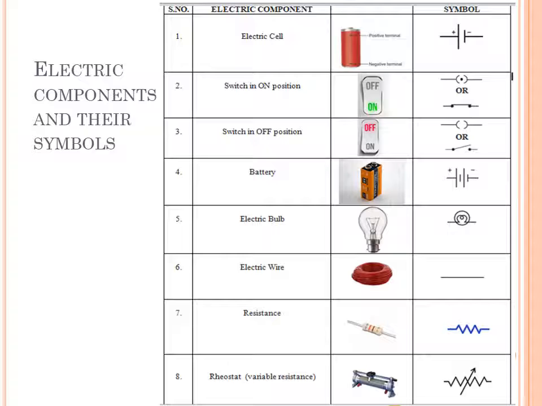Then the new one that we are going to study is resistance. So resistance looks like this. I am going to show this in the lab also. So the symbol for resistance is like this mark. Then comes the rheostat. A rheostat is a device in which we can change the resistance. So it's a variable resistance. By making this thing rotate on this axis, we can change the resistance of it. And this is the symbol of the rheostat. So this is what we have already studied till now. Now comes the new thing that you are going to study, that is the basic terms and the definitions.